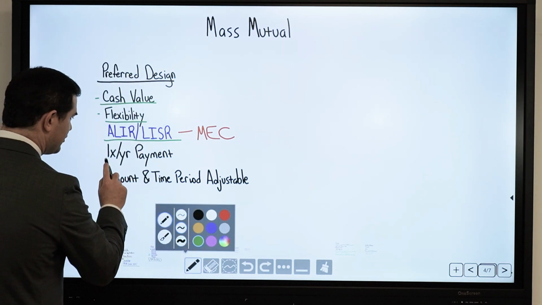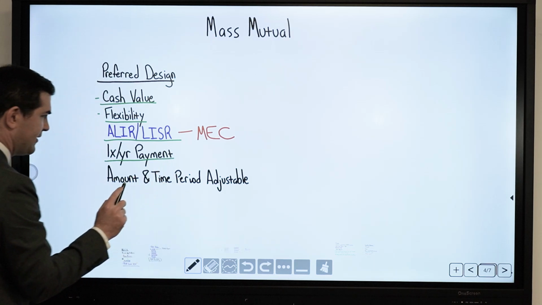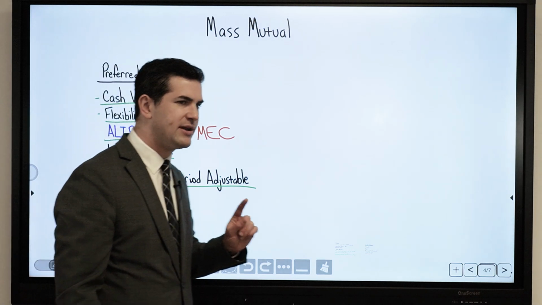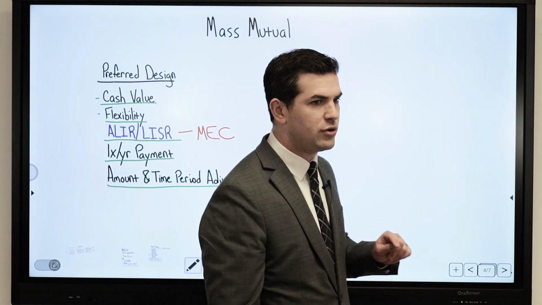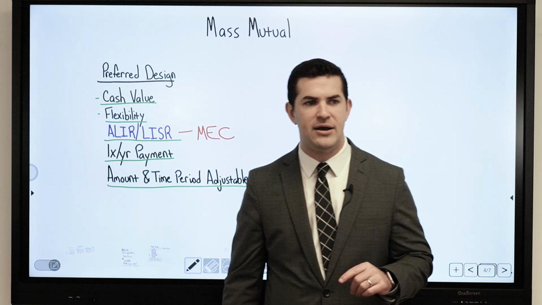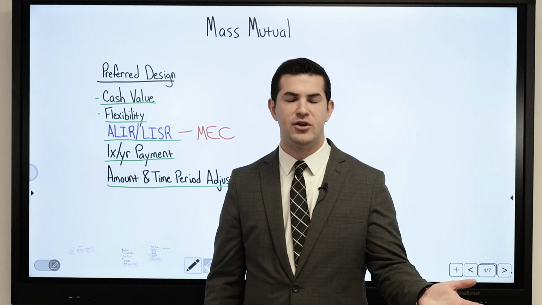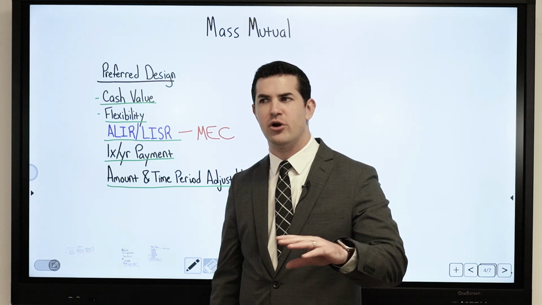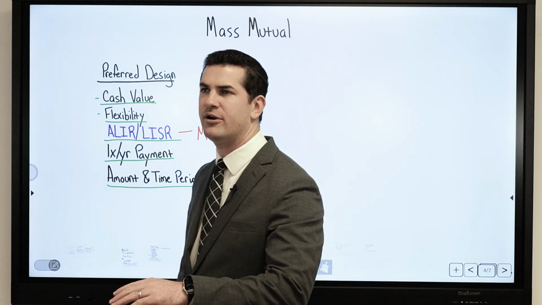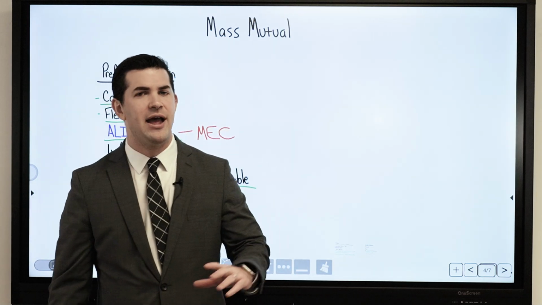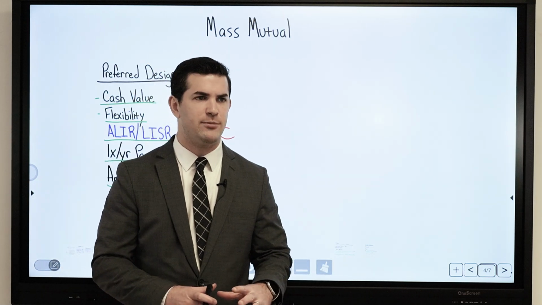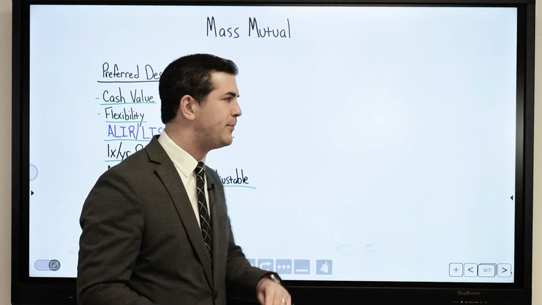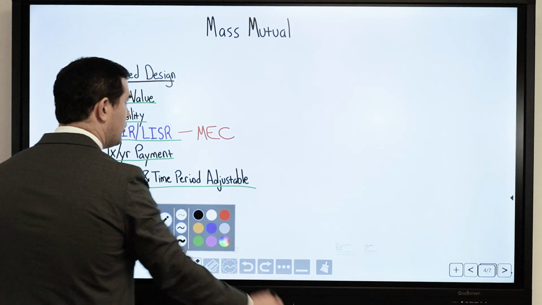Here's an important piece. One time per year payment. And the amount and time period is adjustable. So in the one time per year payment, Mass Mutual is not a company that allows us to throw money in at random into PUAs. They kind of opened that up January 2020 through their planned additional life insurance rider. It does have some flexibility. However, if we want to use a MassMutual policy in the most optimal manner, in my opinion, one time per year payments are the way to go. So what that means,